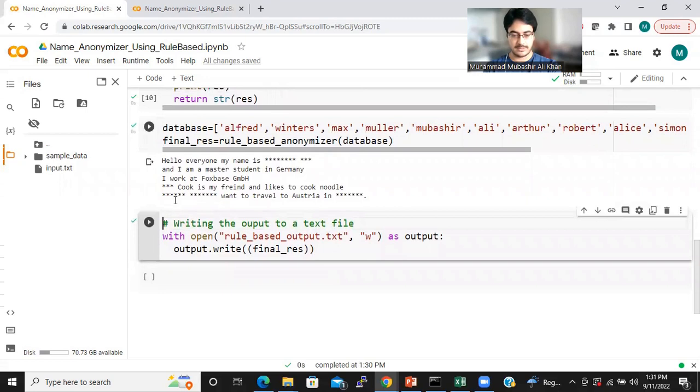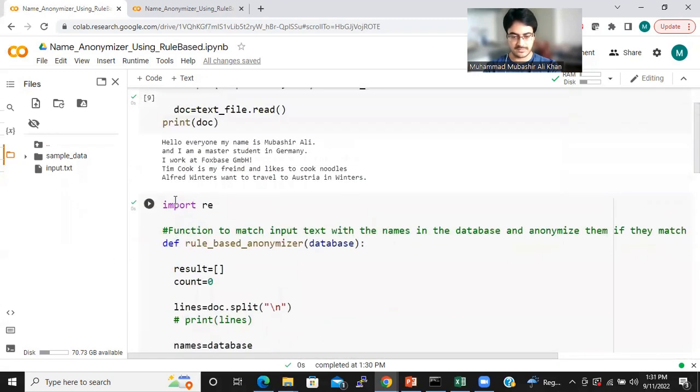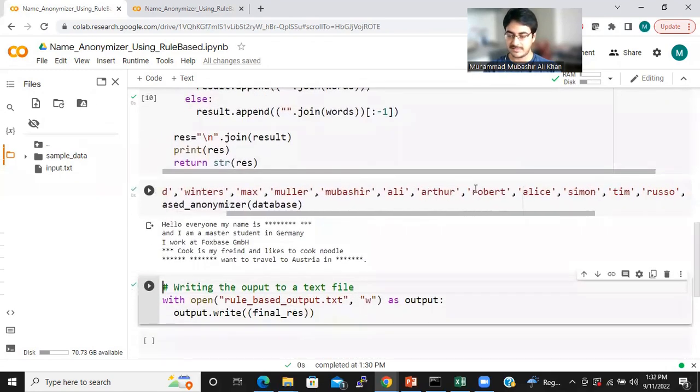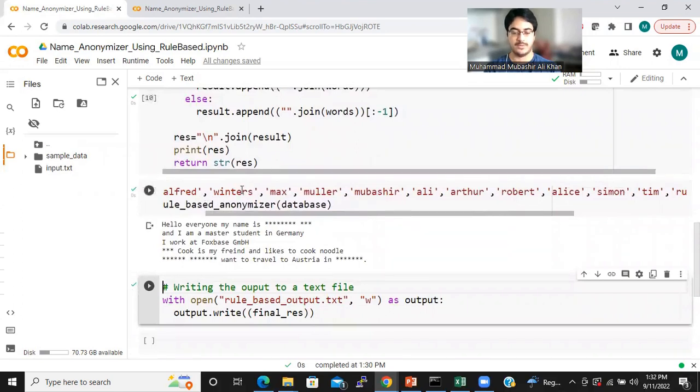Moving forward, what was the input? Alfred Winters wants to travel to Austria in winters. Here, this Winters is a part of a name, and this winters is a season. We can quickly check inside the database if this is there. Oh yeah, Winters. So that's why if we put this into the database, both of them are going to